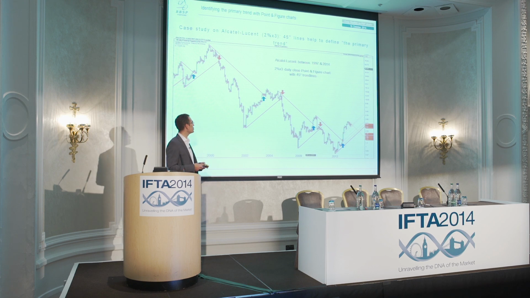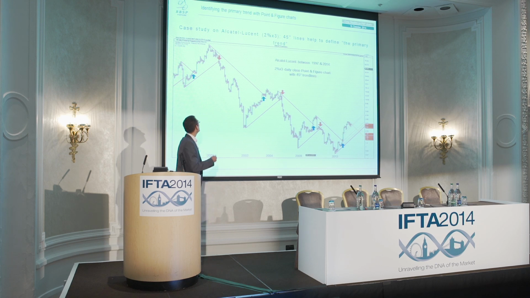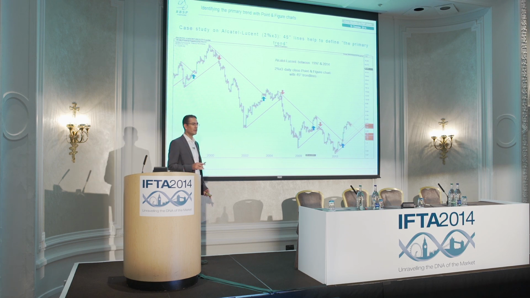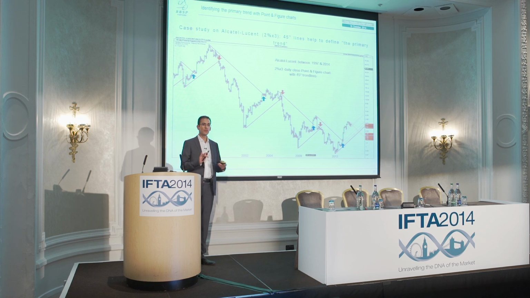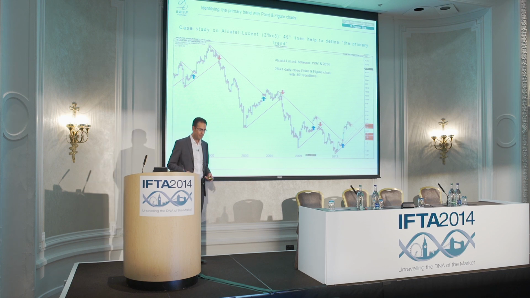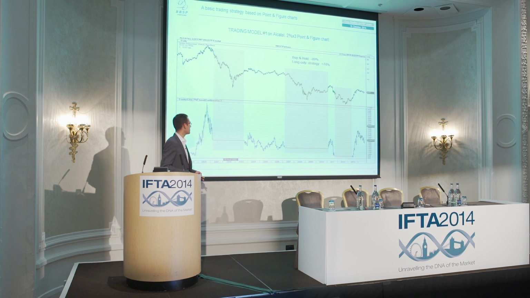So what I would like to show you is the results of a backtest using this strategy. So I'm going long when you have the blue arrows, and I close my long, which means it's a long-only strategy, so I don't want to go short. I close my long when we have a red arrow, so when we break below this trend line. So here you have the result of the backtest.